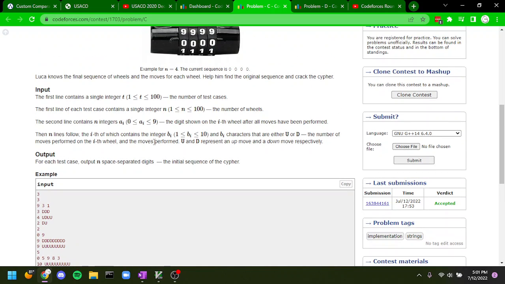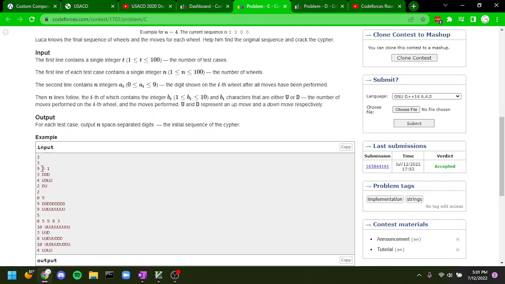And we can see that it says the second line contains n integers, the digit shown on the ith wheel after all the moves have been performed. So basically this is the final combination, what it looks like after everything has been done. And we're given